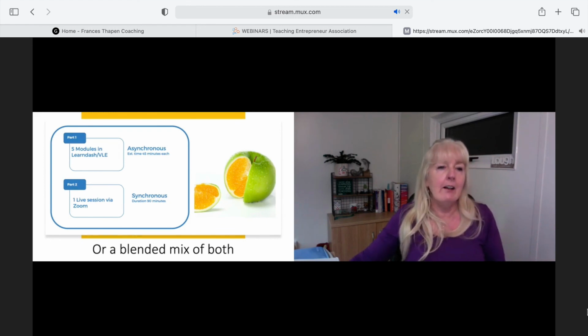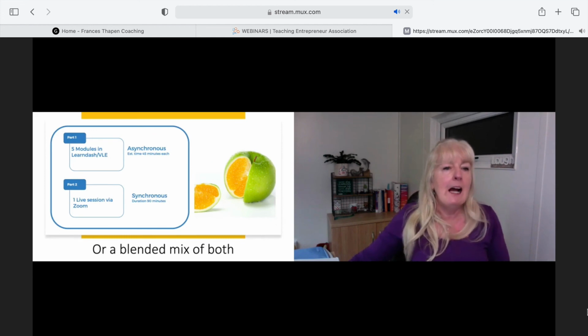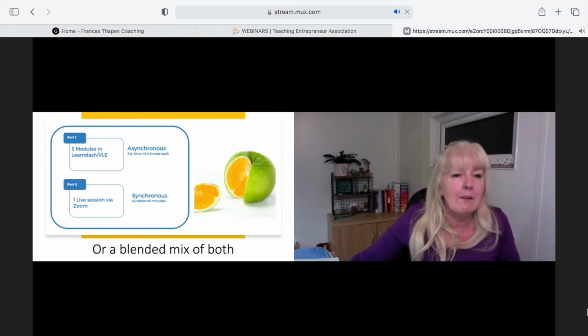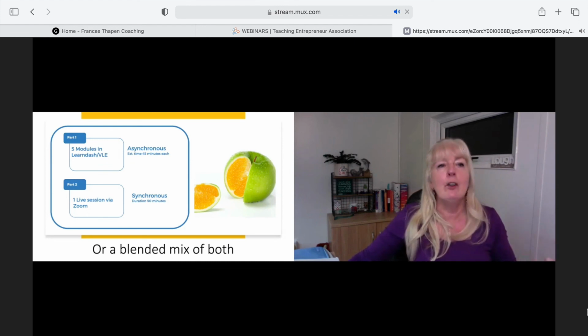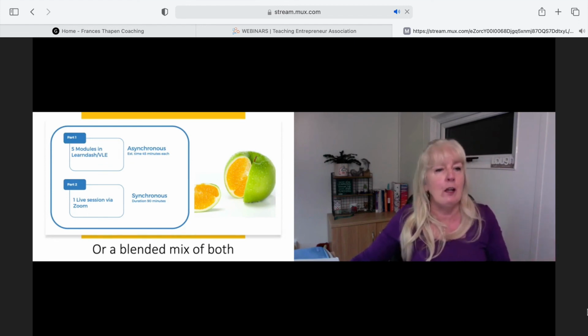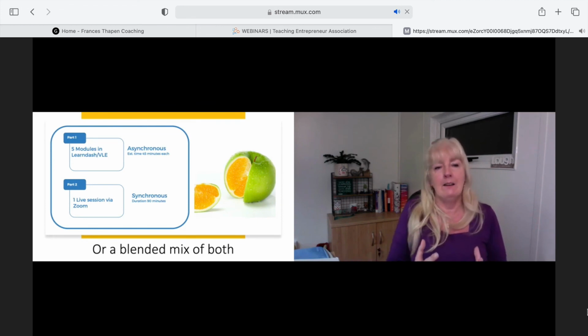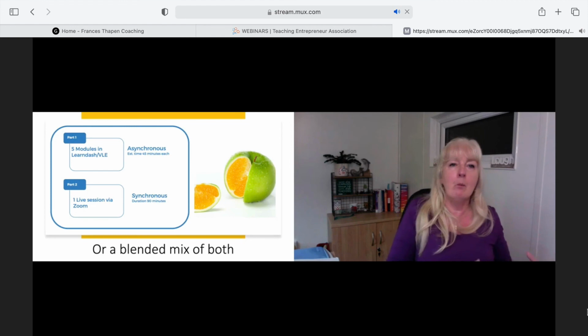Then by the same token, you have a second part, where you might do a live session via Zoom, and that could be 90 minutes, or you could do 3 modules and 2 live Zooms. The point of this is that you are doing a blended mix of both. And I think that is a much better way to run a class than one or the other.